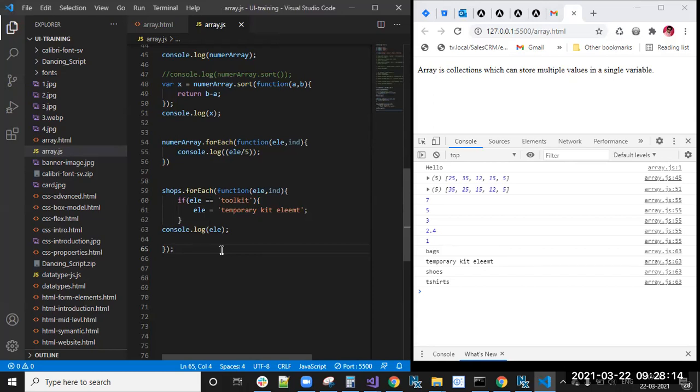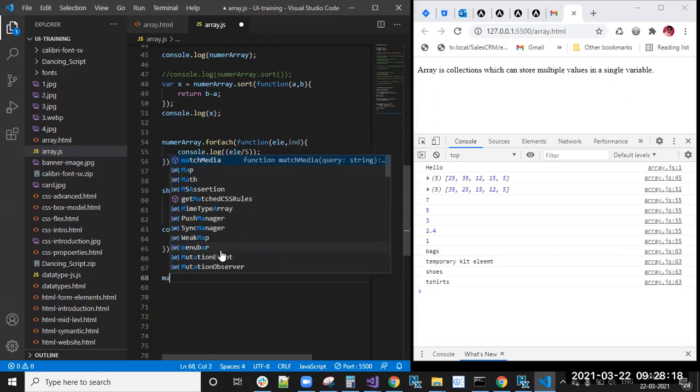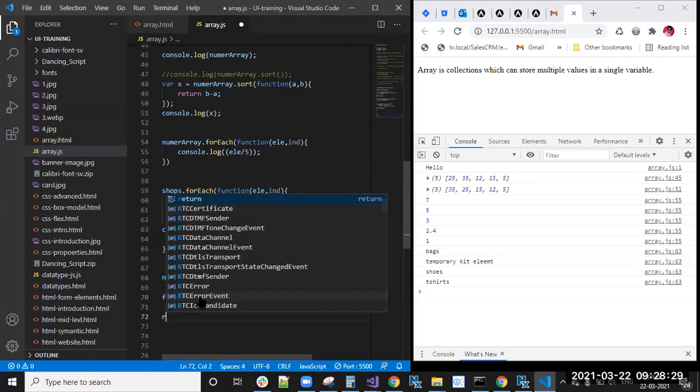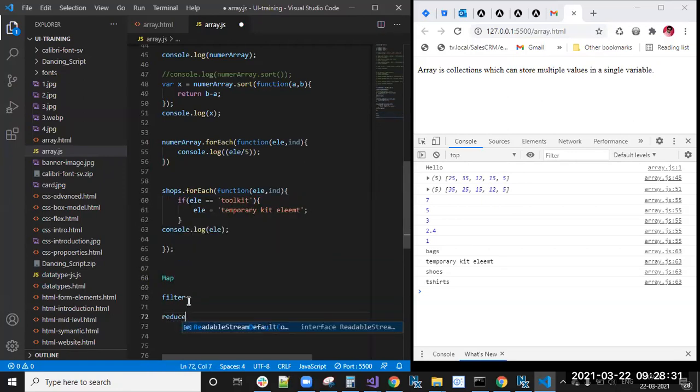Apart from this, we have more loops. That is map and filter. Map, filter, and reduce: three more loops are there. But what will map do? Map iterates each and every element, and it will not change the original array.